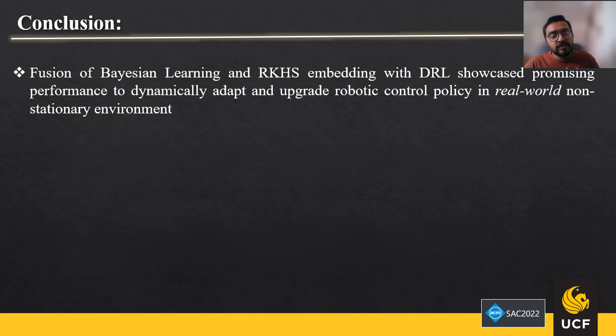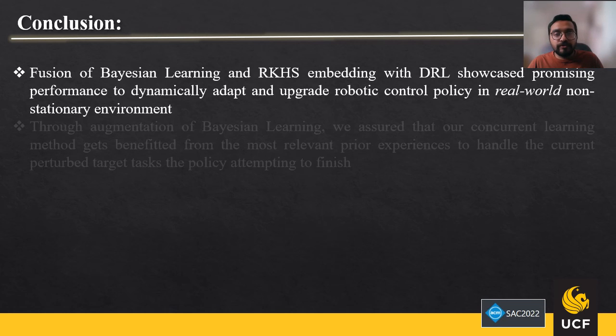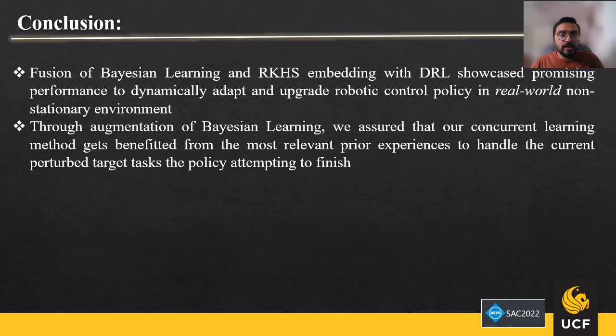We can say that the fusion of Bayesian learning and architecture embedding with DRL showcases promising performance to dynamically adapt and upgrade robotic control policy in real-world non-stationary environments. Secondly, through augmentation of Bayesian learning, we assure that our concurrent learning method benefits from the most relevant prior experiences to handle the concurrent perturbed target task through attempting